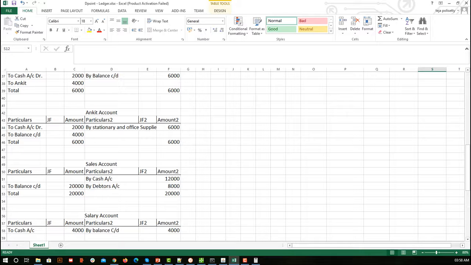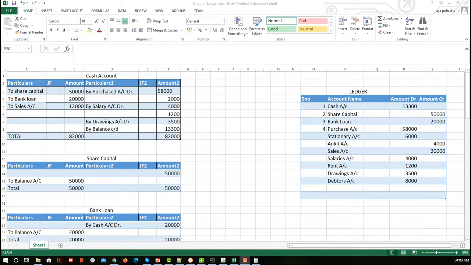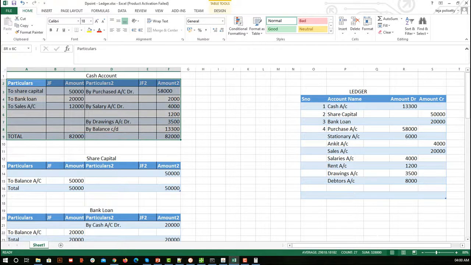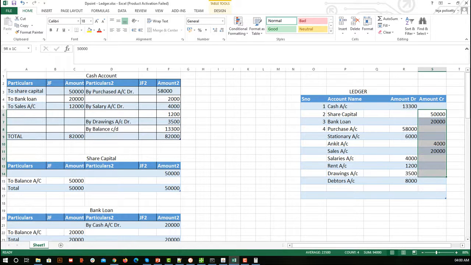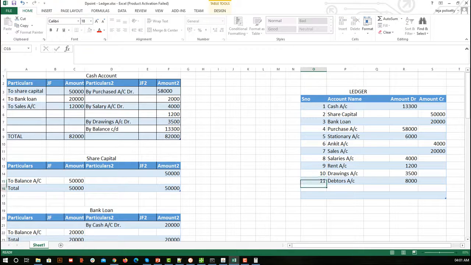Okay, let me fill all of them and then resume again. Okay, so I have filled the table for all the other accounts as well. So our overall intention was to initially have the balance done in each account, then in the summary see whether we correctly balanced our single accounts or not. So if this amount and this amount is balanced, we can say that whatever pre-processing we did was correct. So this is where we identify whether we have done any errors or not. If we have done any errors, how to rectify those we are going to see in the coming videos, but not this video.